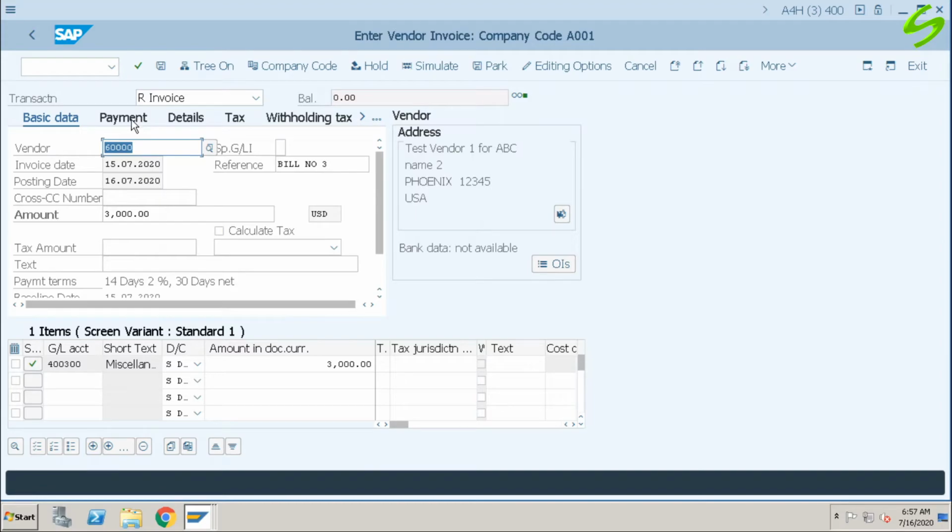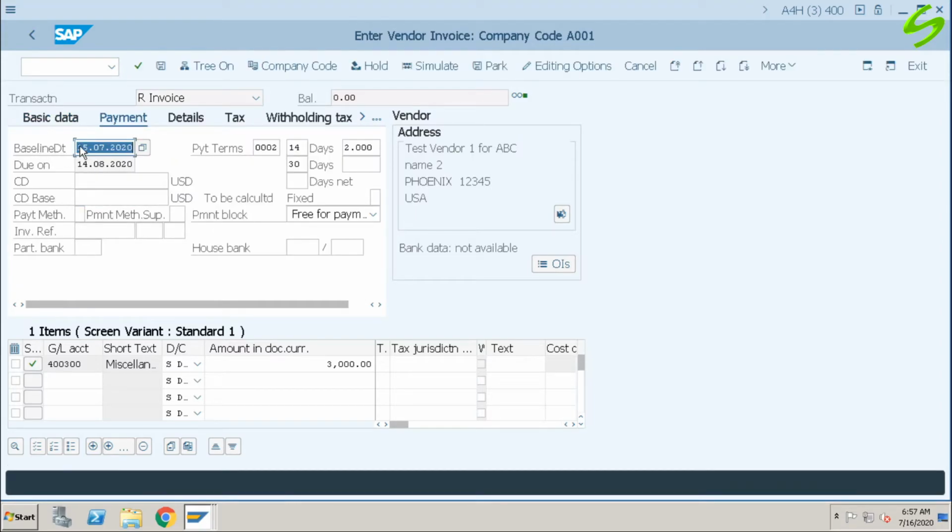My document date is 15, so the baseline date is defaulted as 15 and it is due in 30 days. So if you calculate 30 days, July has 31 days, it will be 14th of next month, which is 14th of August.